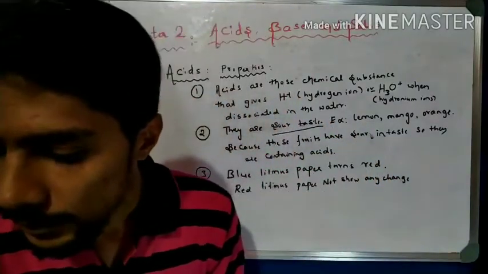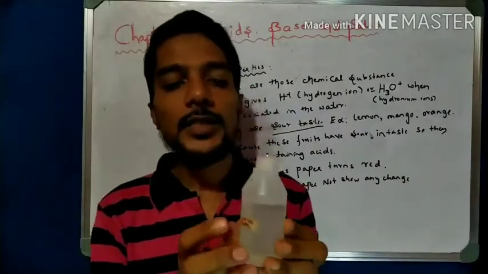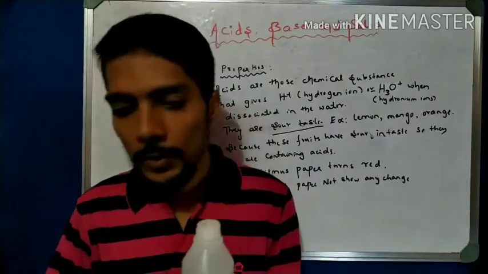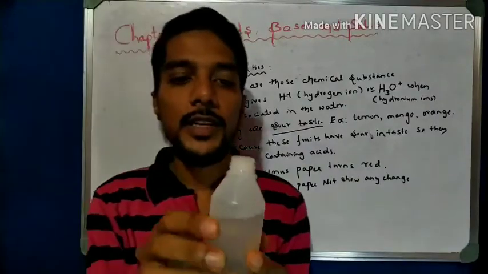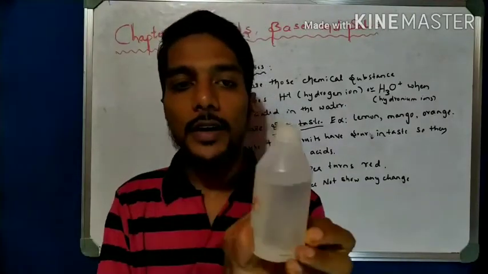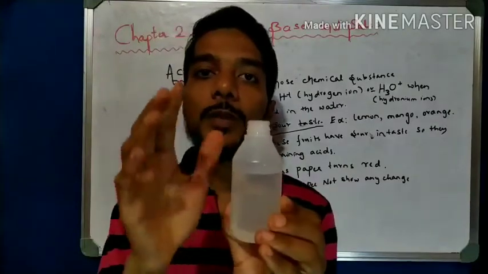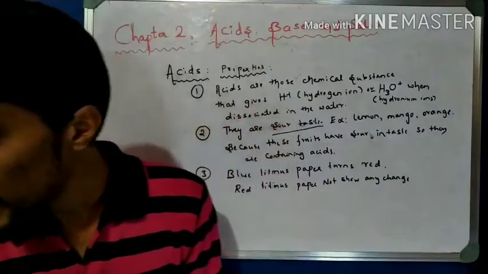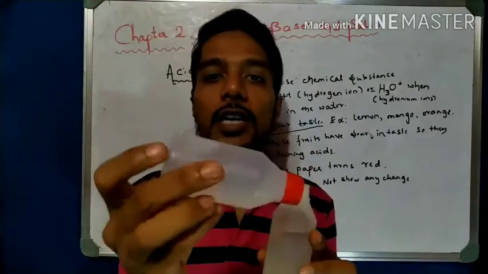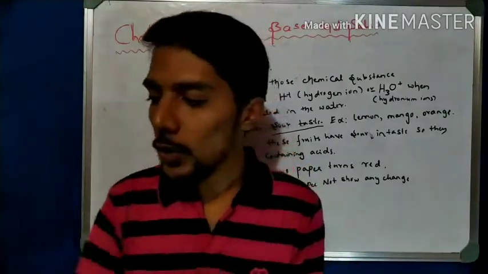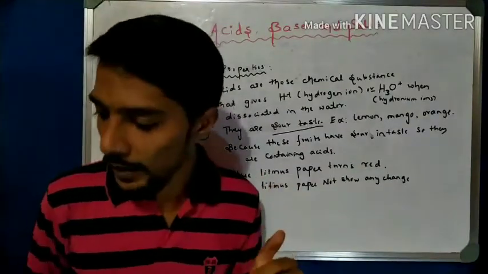Here I use an acid, that is sulfuric acid. You observe the acid is in the form of liquid. Observing this bottle, we observe that acids are always present in liquid state. The next point, here is another acid, which is called acetic acid, a weak acid, and it is also in liquid state. So the third point we find is that acids are in liquid state.